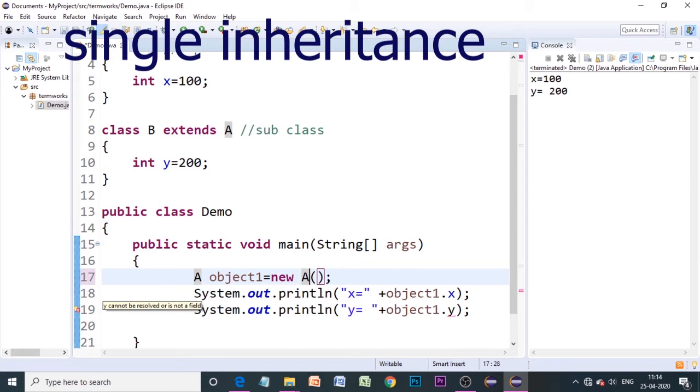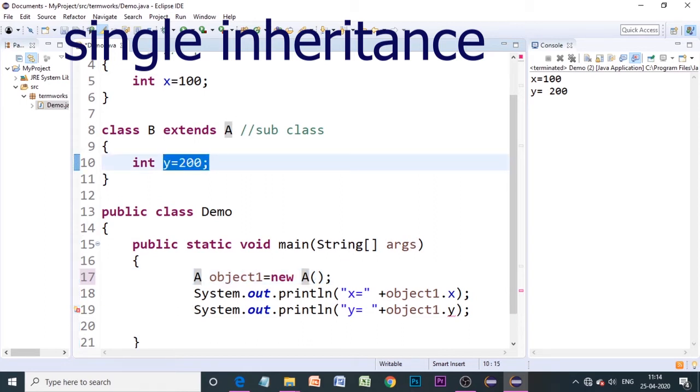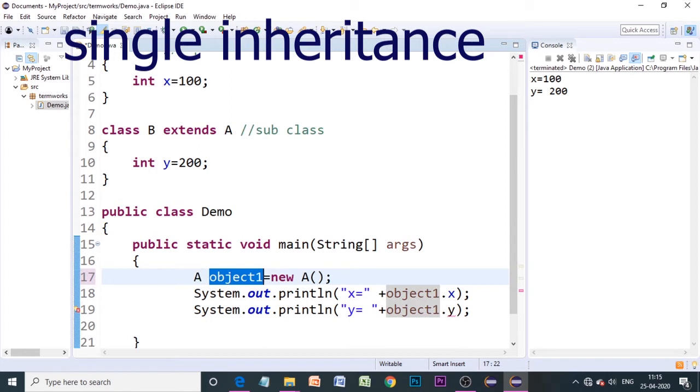Why are we getting this? Because y is present in class B, which is a subclass, whereas we have created an object of class A. So that is a superclass.